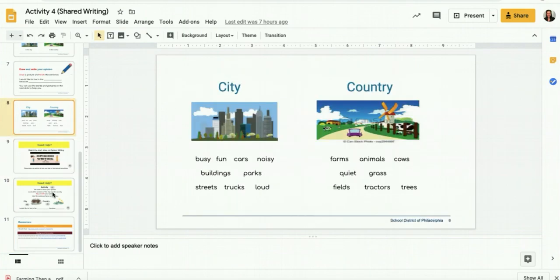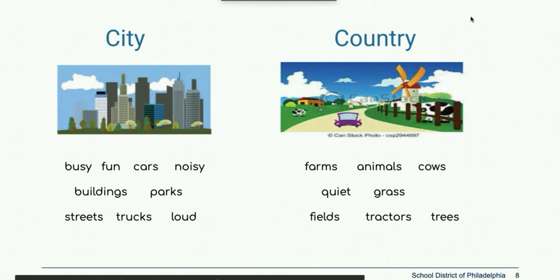Okay, so I am going to end the video with this up so that you can pause it here and you can use these words to help you write your sentence. Don't forget to have someone take a picture of your work and send it to me via the